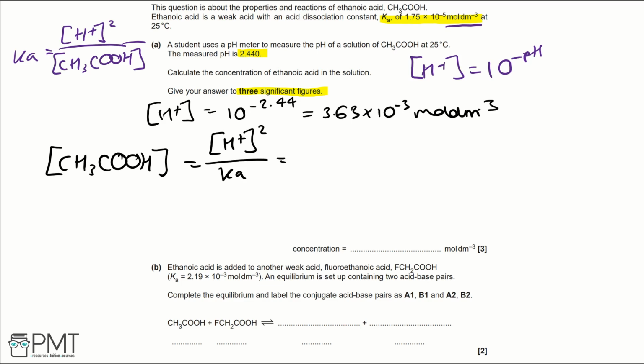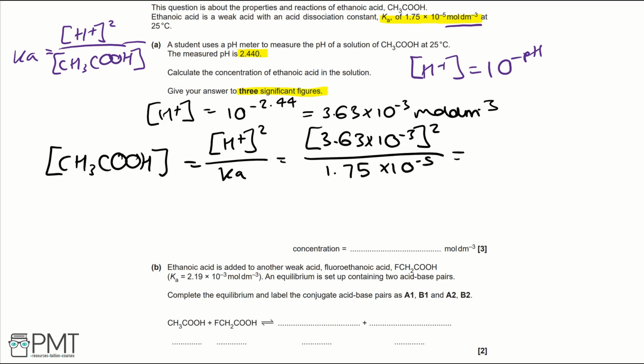If we plug in the numbers, that would be 3.63 times 10 to the negative 3 squared over 1.75 times 10 to the negative 5. That gives us a value of